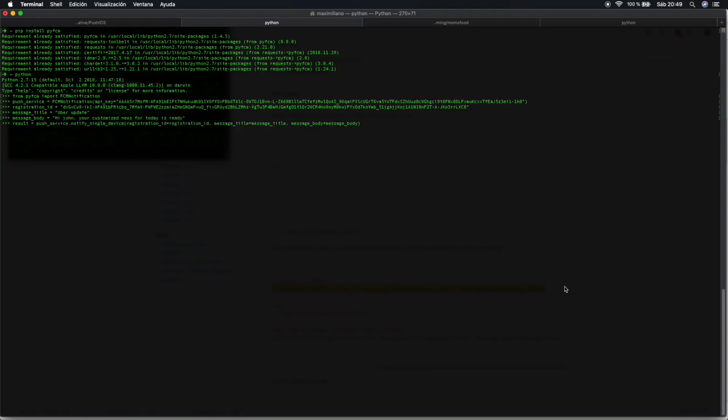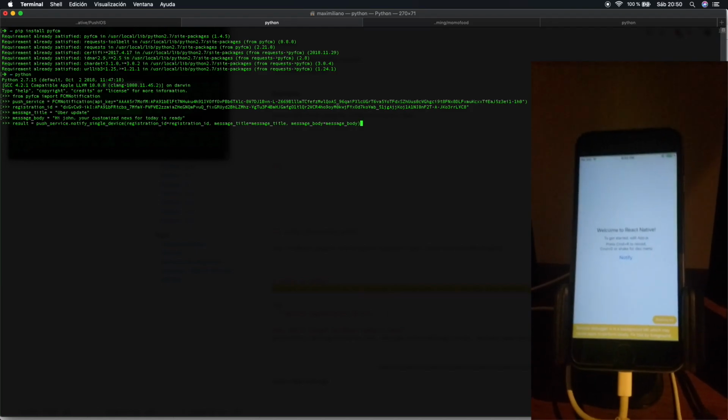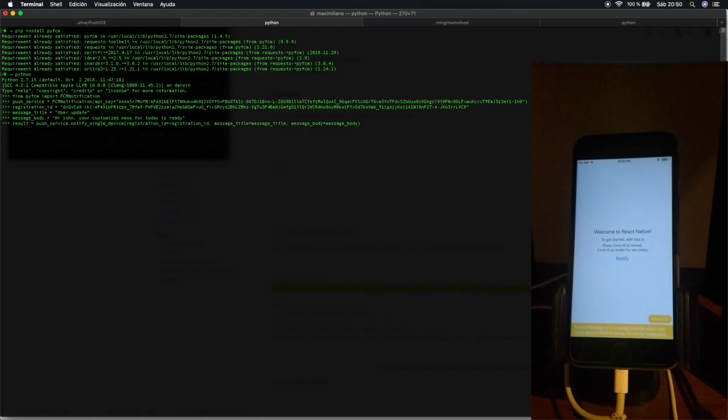So this is the server side, and now we are trying to send a remote notification from our server side to Firebase. Then Firebase will try to send the message to the Apple notification server, I don't know if that is the correct name, and then this server will send the notification to our phone. So now let's record my phone. So there it is, and cross your fingers guys, and let's see,